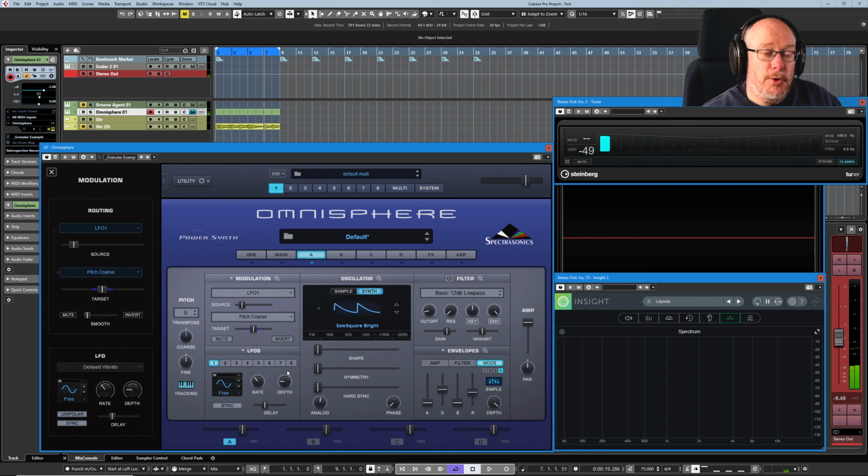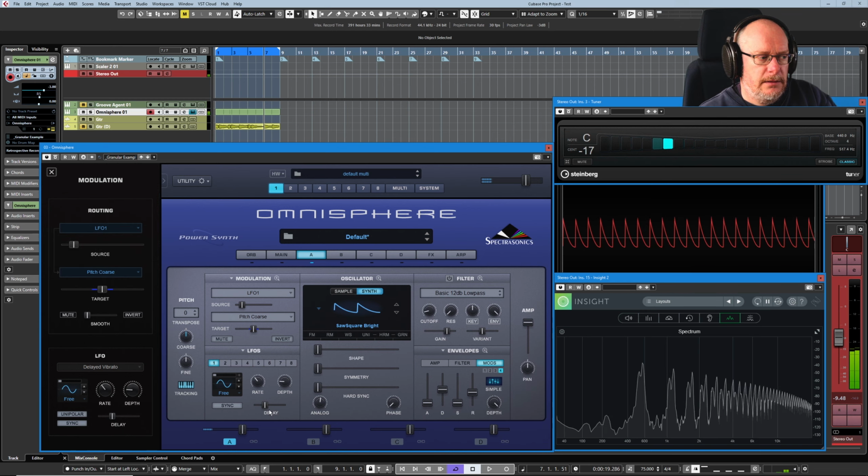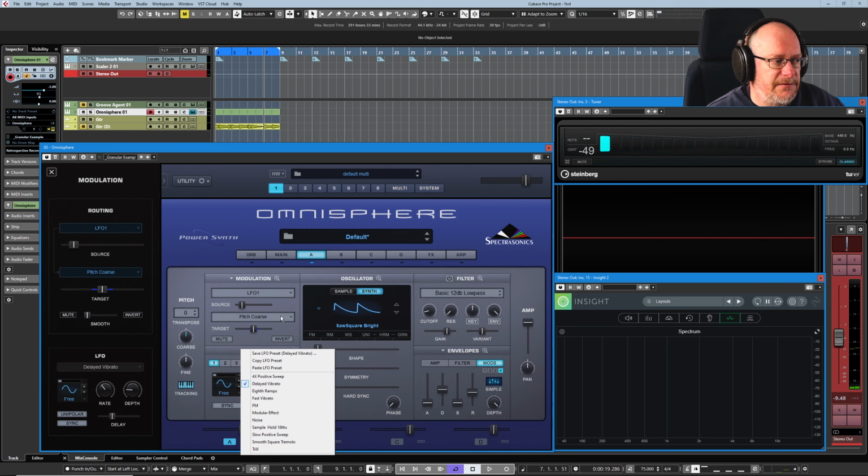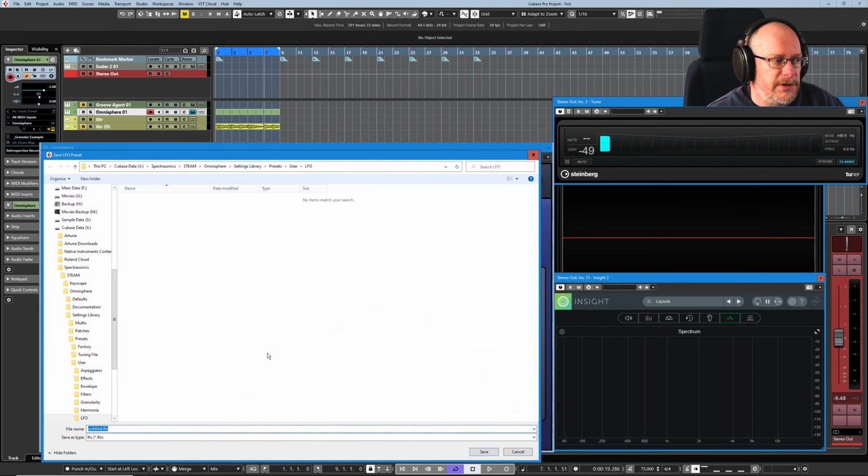And that's a more usable vibrato, and we have that little bit of delay at the beginning that was introduced with the preset. Once we've configured it to our liking, we then have the option to go in and save that preset,